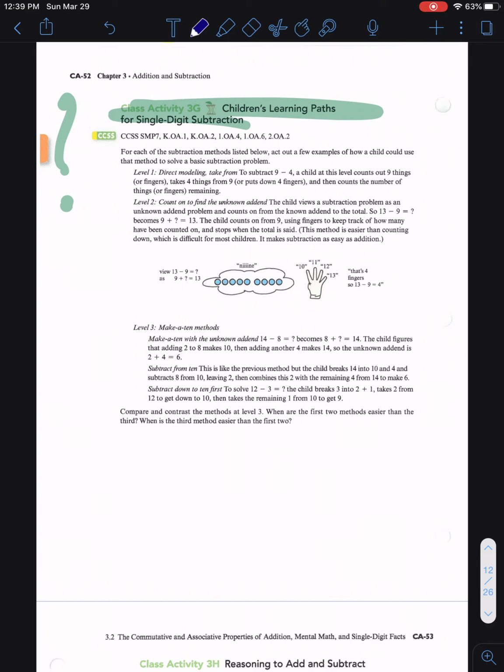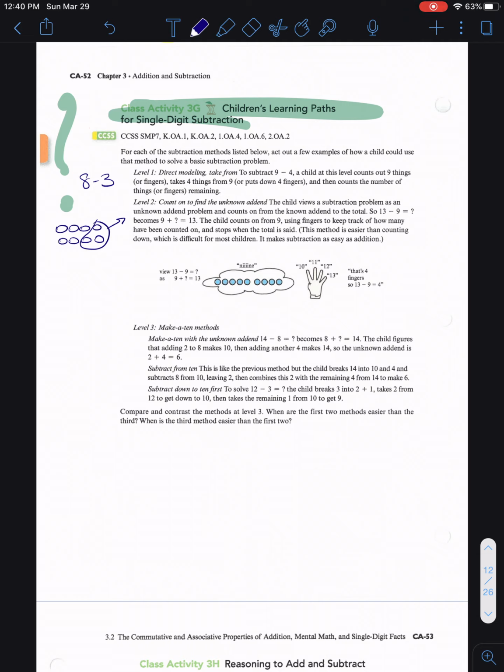So similarly to how we were looking at addition, let's look at how children develop subtraction strategies. So single-digit subtraction. How do they start figuring out what is 9 minus 4 or what is 8 minus 3? Let us look at 8 minus 3. At the very, very beginning, kids are starting to understand that subtraction is a takeaway. So we would have students model 8, and they would physically take the 3,